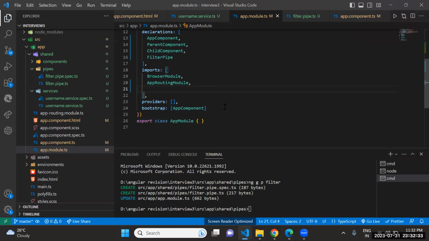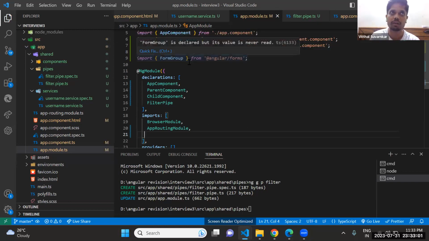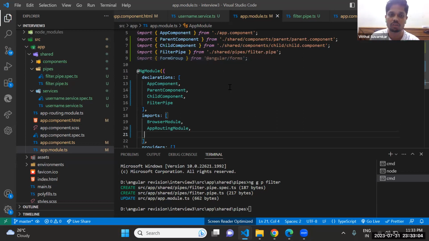What is the role of HttpClient in Angular? With the help of HttpClient, we can make any call like the get method, we can make API calls, sir.